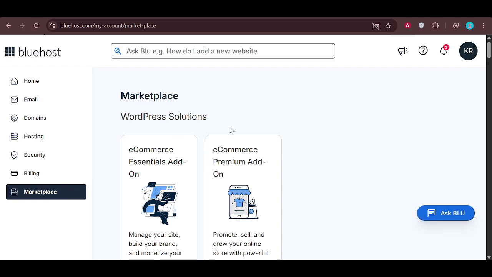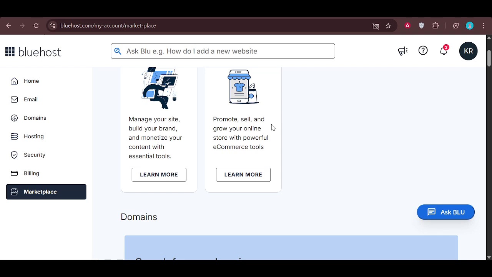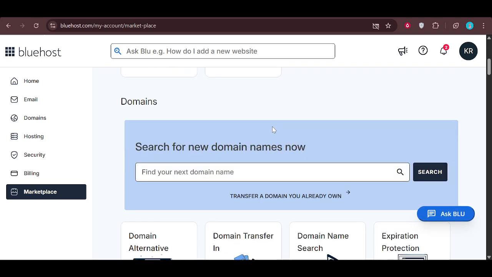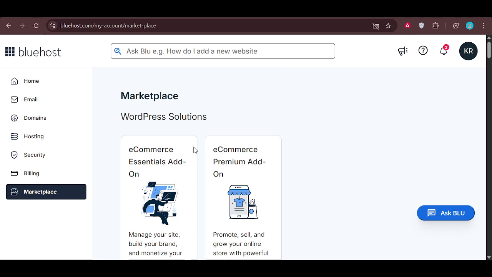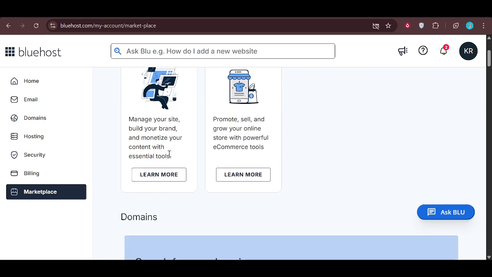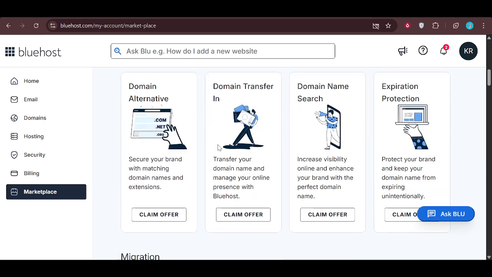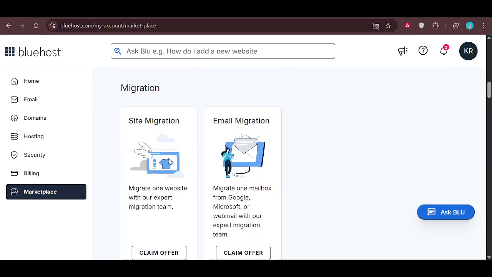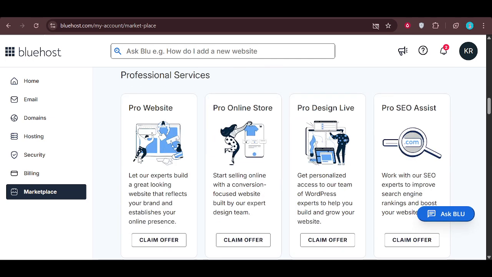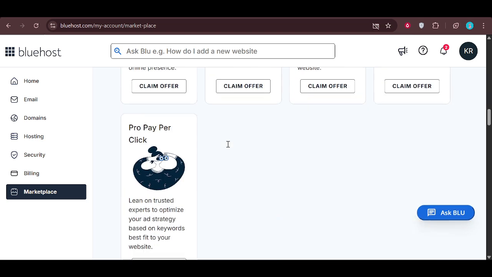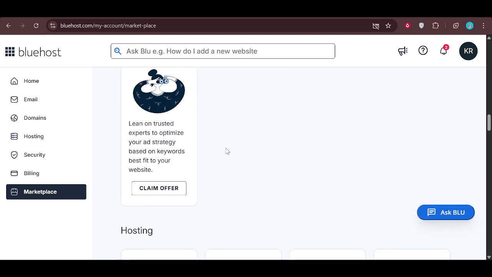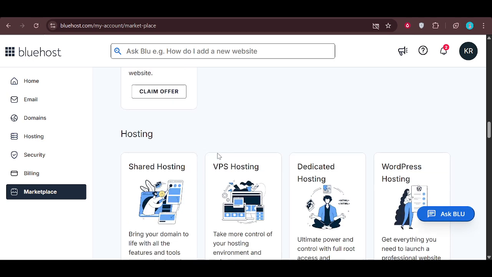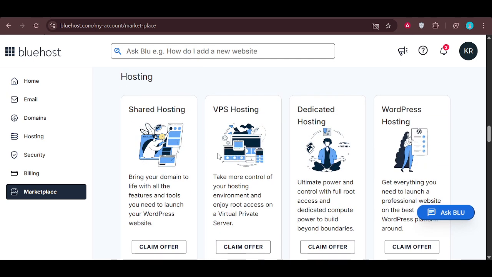As the marketplace loads, you'll see a range of categories and options depending on what Bluehost is currently offering. This might include website themes, plugins, performance tools, security upgrades, marketing services, and sometimes professional services like design or SEO help. Take a moment to get familiar with the layout. Usually there will be a main section showing featured or recommended items and additional categories you can explore via tabs